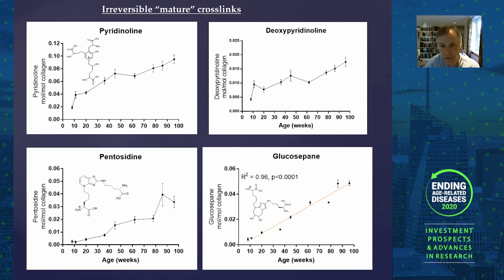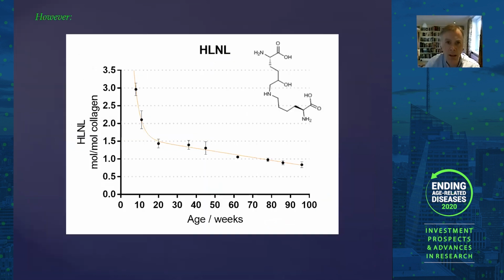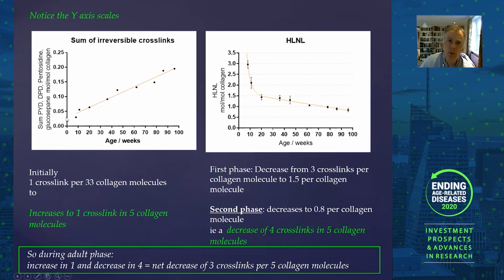But actually, if you look at the reversible crosslinks, and the main reversible crosslink in tendon is HLNL. In the early phase, up to maturity, there's a very rapid drop, but there's still a very, very significant drop in this crosslink with age between young adulthood and basically the point at which the mice are about to die. So if you sum all the irreversible crosslinks, and I'm sorry, this is a bit of a busy slide, and compare that to the decrease in adulthood here,